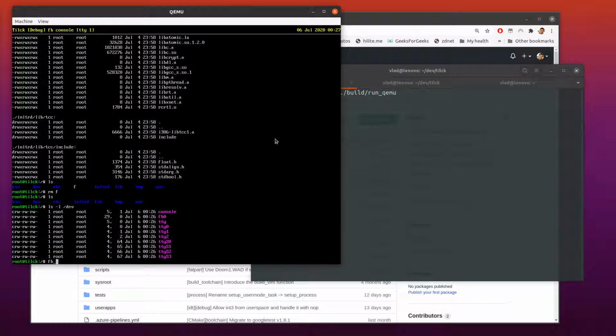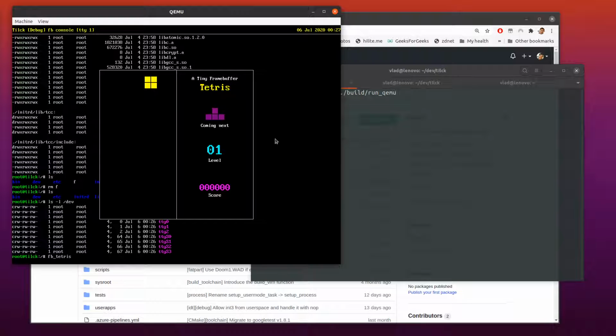For example, this application here, it's a nice Tetris game I wrote about a year and a half ago because of Tilck, of course. But first I wrote a tiny frame buffer library for Linux and Tilck. It's actually exactly the same. And then I wrote this game and other applications, but the whole point was to see what can run on Tilck, stress it, and believe me, this application stressed me